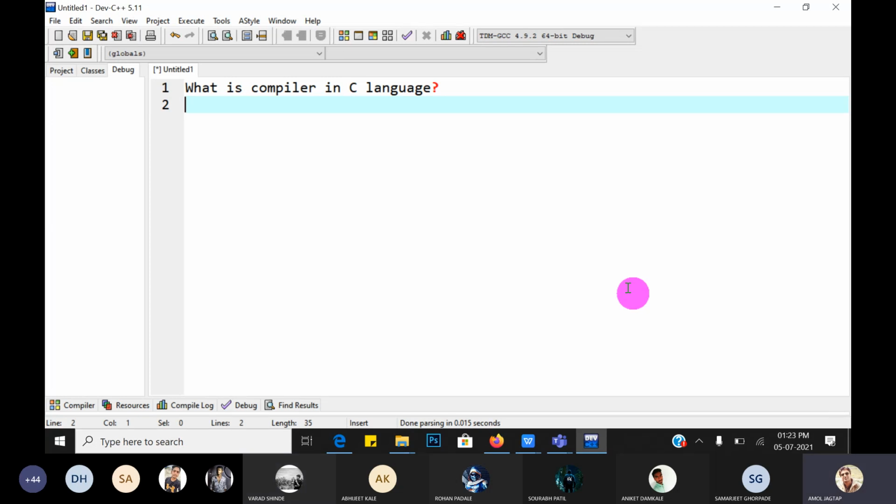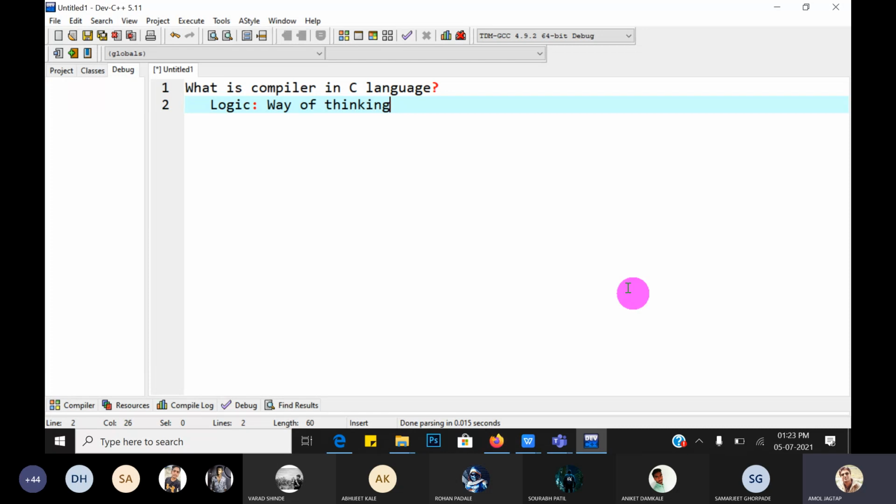There are a number of solutions. One word that is most important in programming is logic. So what is logic? Way of thinking is called logic.